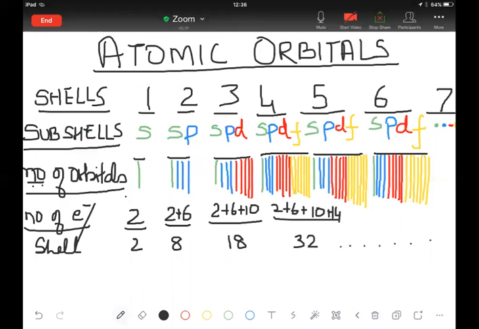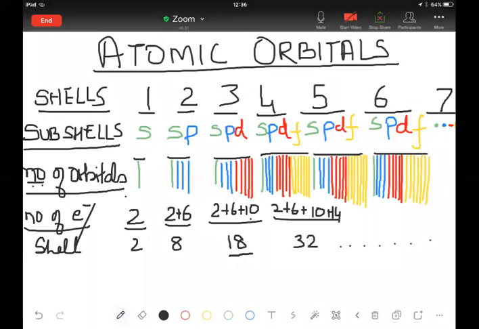All right. So s is made up of only 1 orbital, so it has only 2 electrons. p has 3 orbitals, so it has a total of 6 electrons. So in the second shell, a total number of 8 electrons can be accommodated. When you come to the third shell, again, s will take 2 electrons. p will take 6 electrons. Each p orbital is taking 2, so it makes it 6. And each d orbital is taking 2 electrons, so it can take a maximum of 10 electrons. So you can see the third shell has a maximum capacity of 18 electrons.